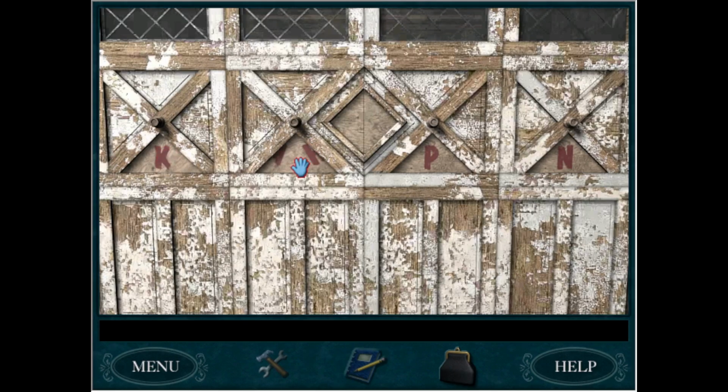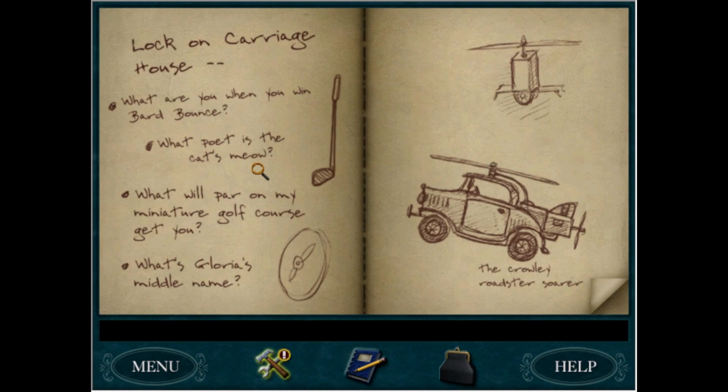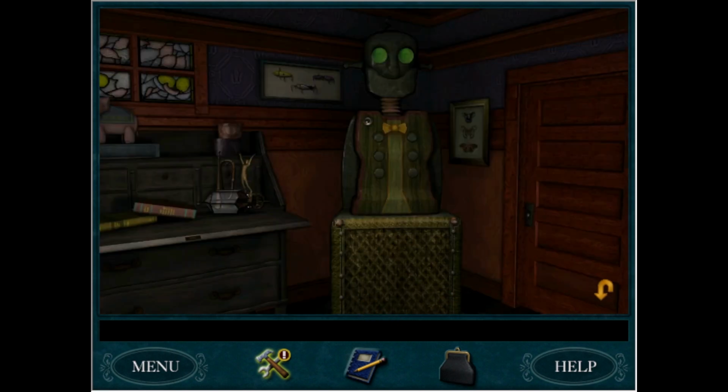Oh, okay, so we gotta do them one by one. Well, I know if I put pony. Oh, it has to be in order. Okay, so will isn't an option. Unless I forget. What poet is the cat's meow? Yuri? I mean, it wouldn't be Yuri, but...